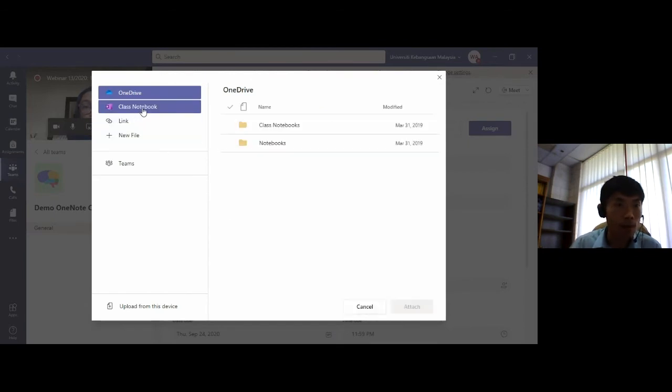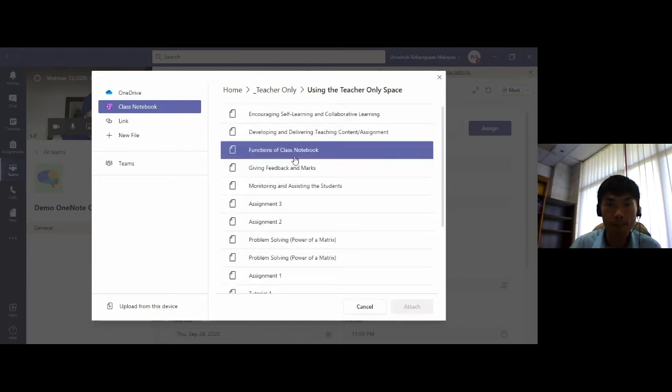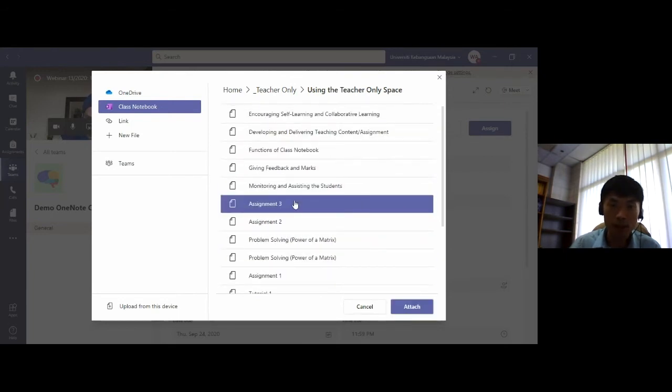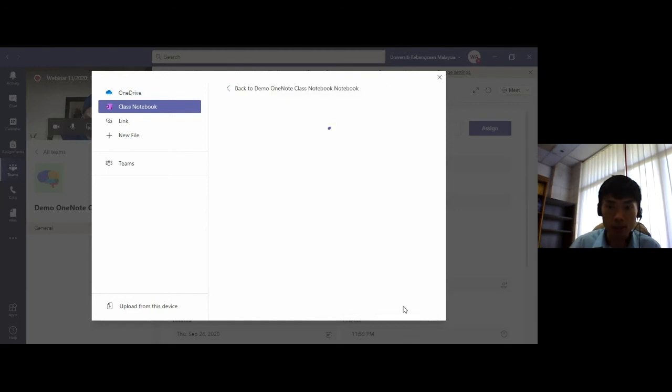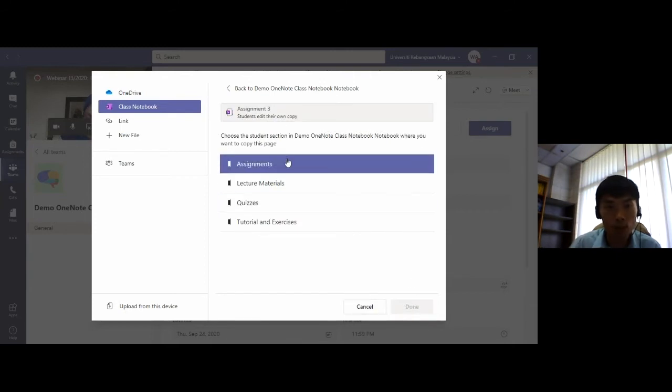and then we can go to class notebook, go to teachers only. I already prepared the assignment 3, so just need to click on assignment 3 and then attach it. So I want it to appear in a student's class notebook under assignment.